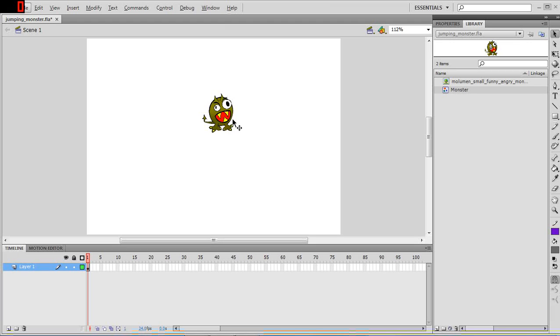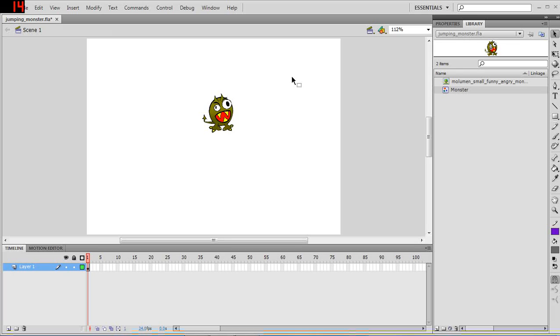And alright, what I've done here is what we normally do. I've imported the image into Flash and then used the break apart command, used the polygonal lasso tool to select it, and then hit F8 to create a graphic symbol named monster. So if you go up to library in the top corner here, you should see this monster graphic symbol, and I can drag now as many instances of it as I want onto the stage. Since we only need one, I'm going to delete a few of these here, and now we are ready to